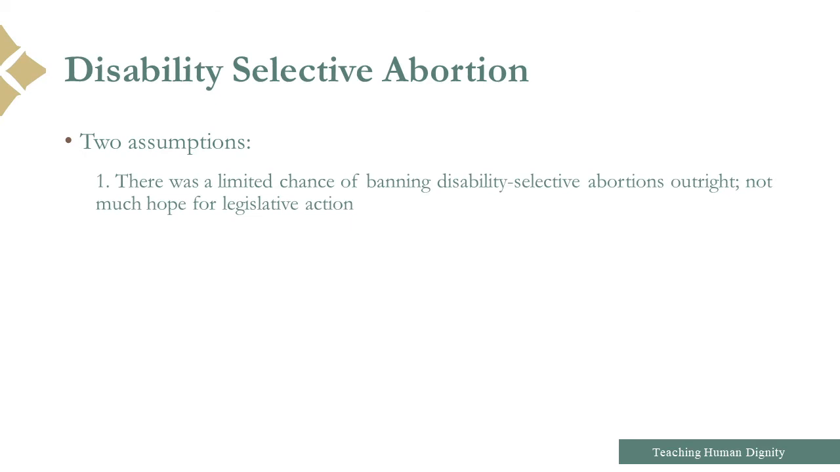And when I started out, I would have told you that I was pretty sure about two things. I would have said, first of all, that we would have very limited chance of banning these kind of abortions outright, right? That there wasn't going to be much hope for sort of legislative action in this area. The second thing I was really sure of was that eugenics-based arguments against disability selective abortion would have no traction,